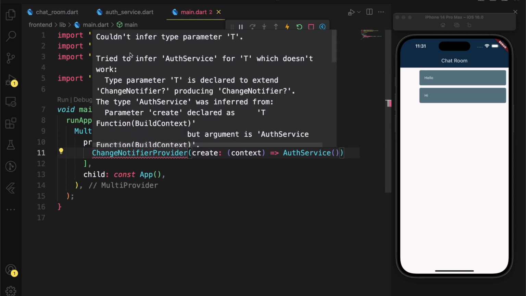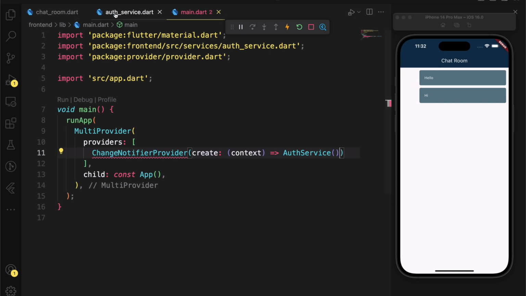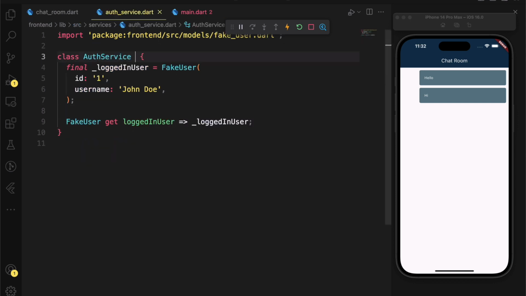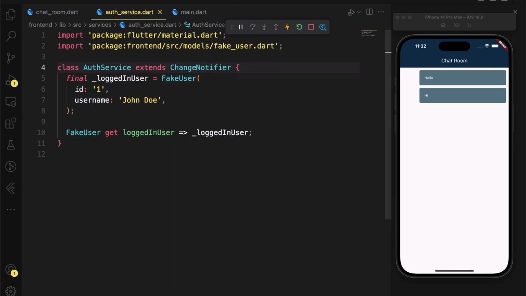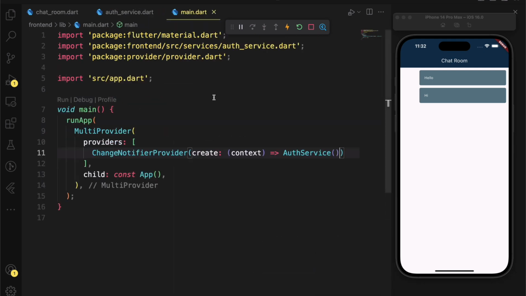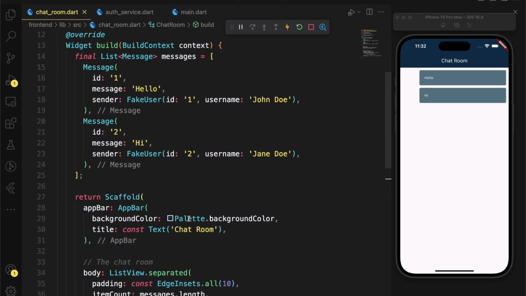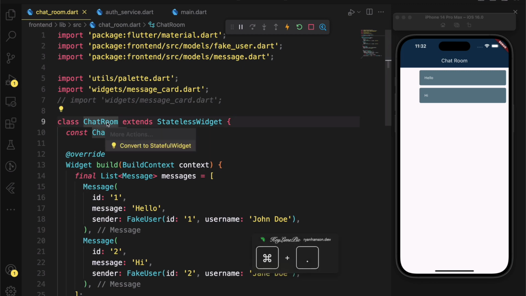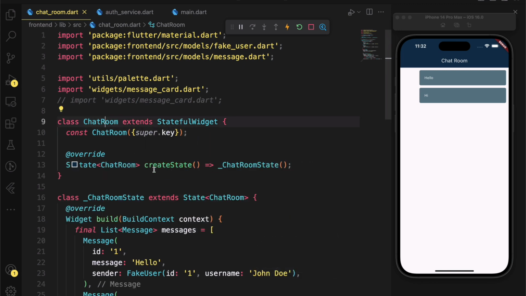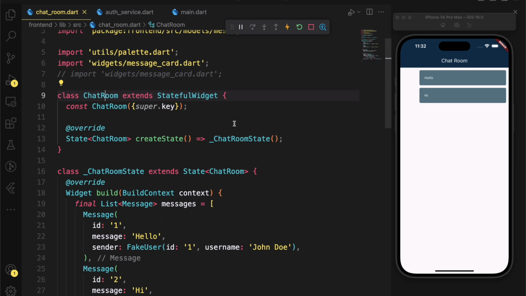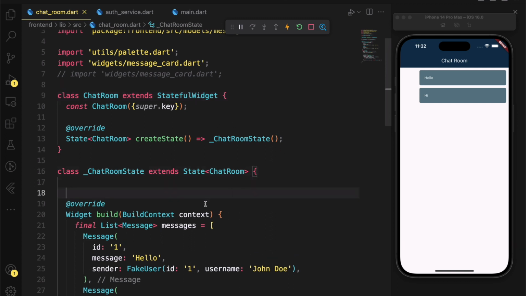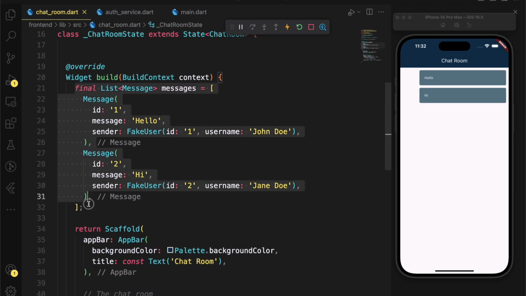So what we're doing here is creating an abstraction. We're moving our state from the widgets and putting it in the auth service, in this class called AuthService. So this auth service has to extend ChangeNotifier. And if we've done this, we just need to restart the application and everything is still going to be normal as it should be. Then we can do a little bit of modification: change this to a stateful widget. If we have a stateful widget, we can now create an initial state.